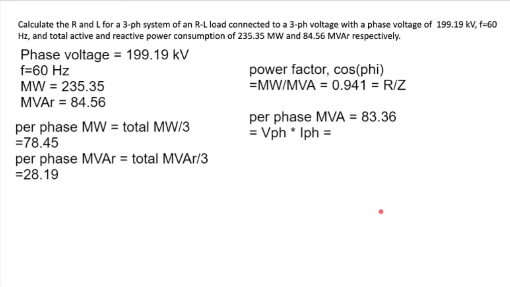Per phase MVA is 83.36 that we calculated, and that is equal to V phase times I phase. And V phase we know is 199.19 kilovolt, right? And I phase is V phase over